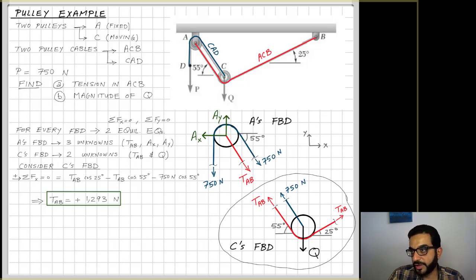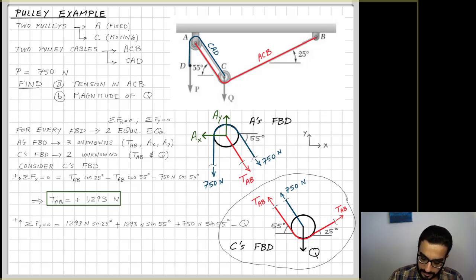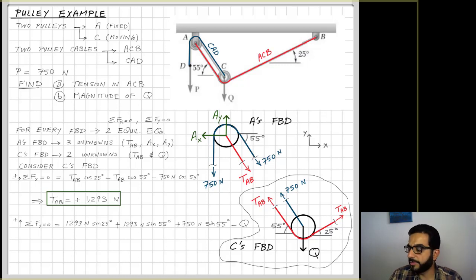Then requirement B is the second unknown in this free body diagram, force Q. And I can do that by the sum of forces in Y equal to 0. My positive direction is upward. Again, the focus for us is this free body diagram. You can see here, I'm plugging in right away TAB equal to the value that I got. It's positive, so I'm plugging it in with the same sign I got before. The direction is correct, so I'm sticking to it. And the only unknown I have is Q, so solving for Q, I will have 2220 Newton, the load that